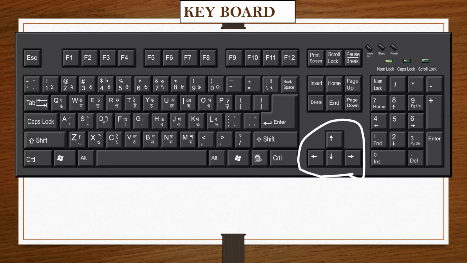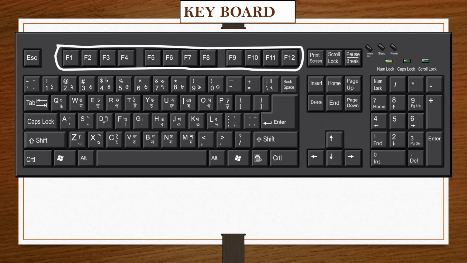These keys are the arrow keys, page up, page down, and home. Next are function keys. There are 12 function keys from F1 to F12. Each function key performs a specific task.